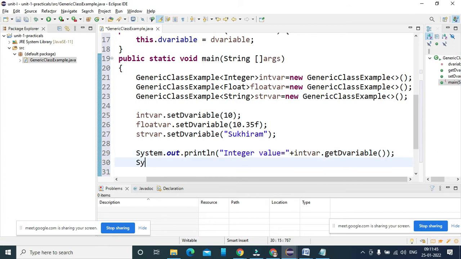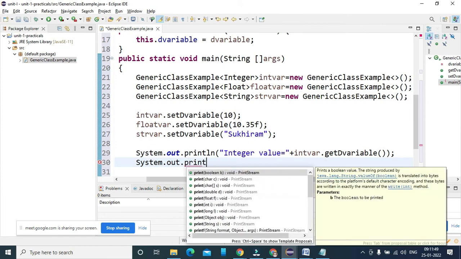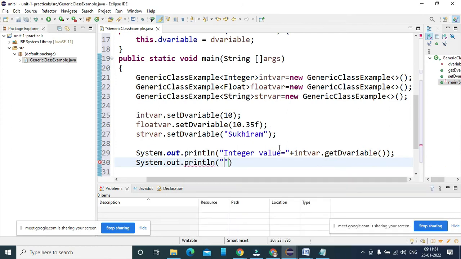Similarly System.out.println for the float value equal to, so I'm choosing float var and get variable.